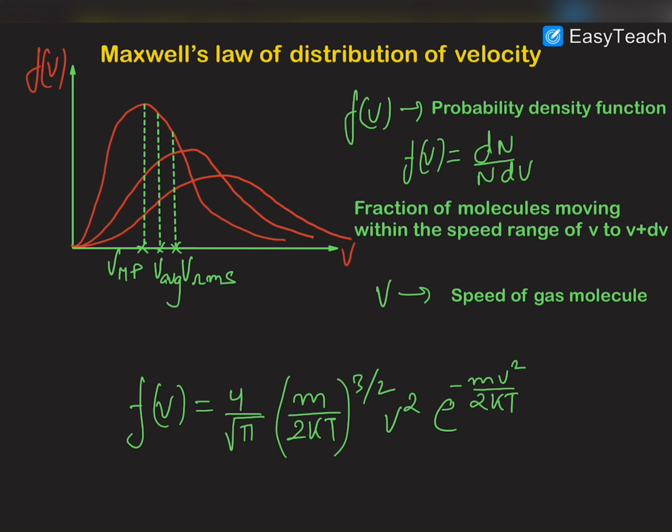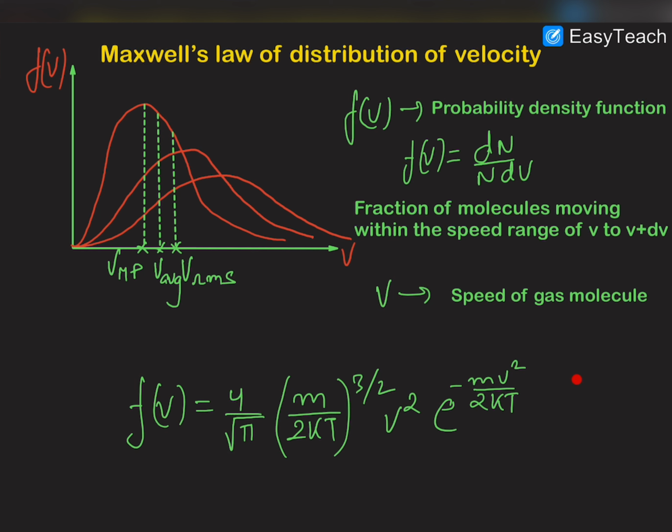So if dN is the number of molecules and N is the total molecules, then dN by N is the fraction of molecules which are moving within this speed range v to v plus dv. So this is the probability density function, which is dN by N by dv. So he plotted this curve between the probability density function and the speed of the gas molecule, and he